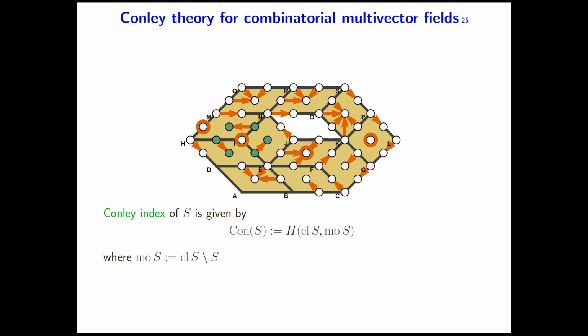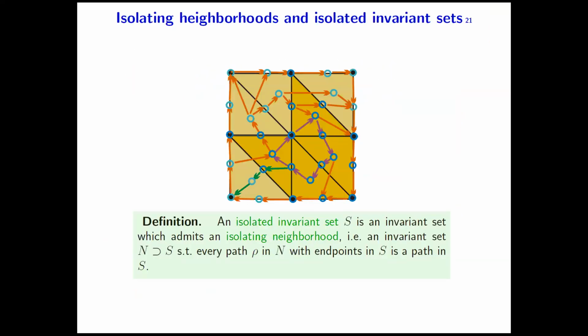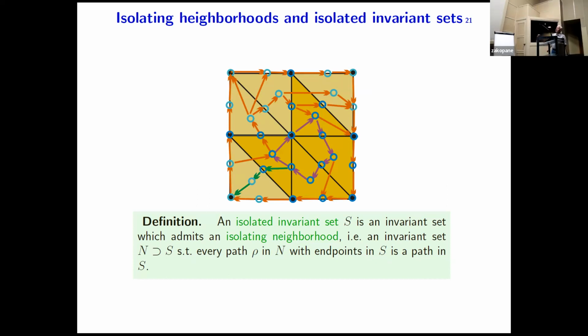And you can introduce, I skipped here, sorry. Yes, I skipped this definition, so let me go back to it now. Once I have this combinatorial dynamical system as a directed graph with vertex set a finite topological space, I can define an isolated invariant set analog. It's just an invariant set which admits an isolating neighborhood, and by that I mean